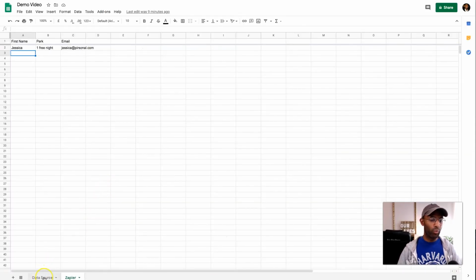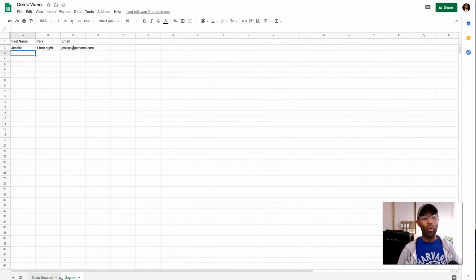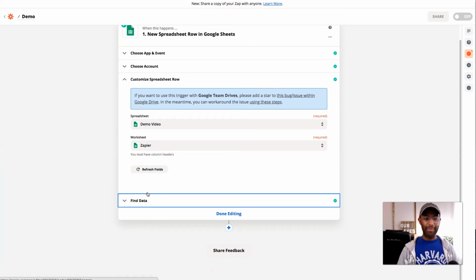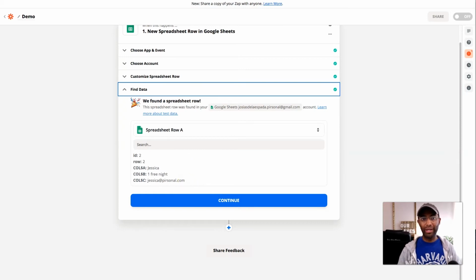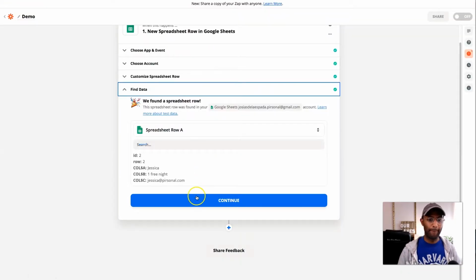So this is the one where my data is coming from, and this is the one I'm using for production purposes. Okay, so whatever I add here, that's what will trigger the personalized videos, dynamic landing pages, and personalized interactive video calls to action to be created. And then Zapier will ask you to get a sample, basically. That's why I already added this row with real data here, so that Zapier can get that information and send that information over to our platform, to Personal. You continue,